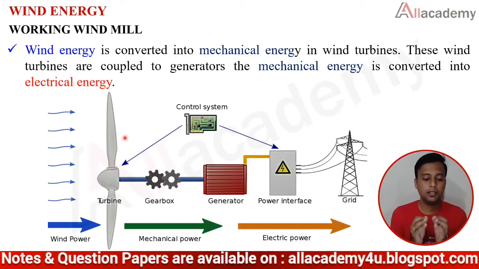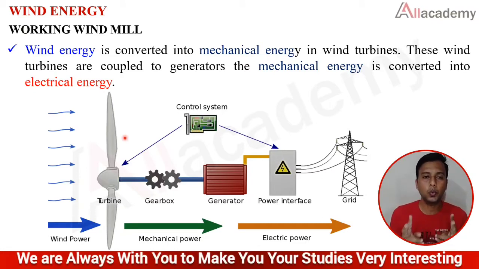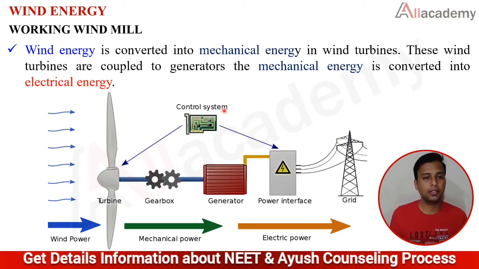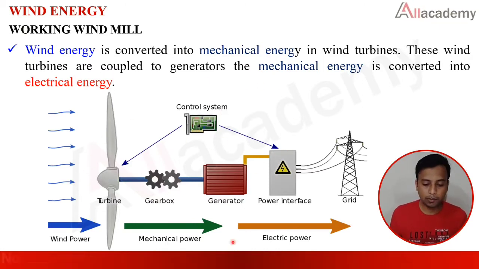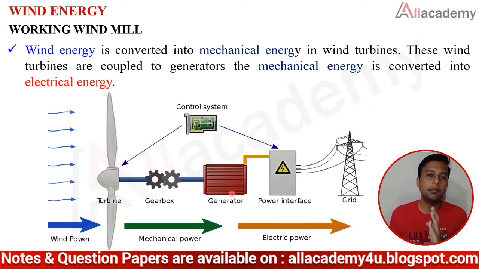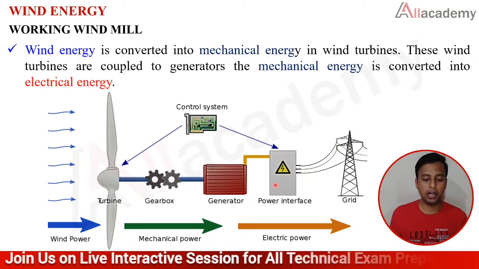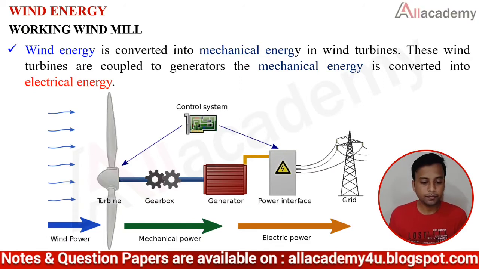And this question is a fixed question in your examination: with a neat sketch, explain the wind energy. In wind energy, there are two types of windmills, one is the horizontal windmill and another is the vertical windmill. Whatever figure I have shown in the previous slides, you need to draw and label all the parts. If you draw this, it will be very easy for you to explain the working. In this figure, it clearly shows how the wind energy is converted into electrical energy.